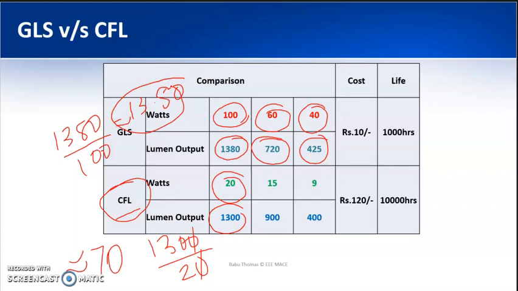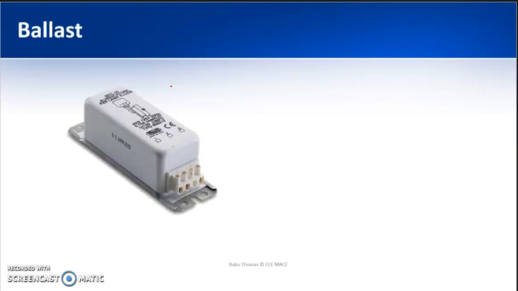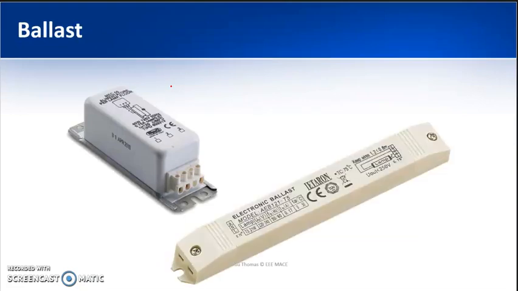So that is with respect to the luminous efficacy. Next one is the ballast. Ballast is the one which is used for starting a particular lamp. So we know that in the case of fluorescent lamps and metal halide lamps, they need their own ballast in order to start operation, in order to have the ionization. So that is nothing but a ballast. Earlier we were using copper ballast, and now everything is being replaced by the electronic ballast.